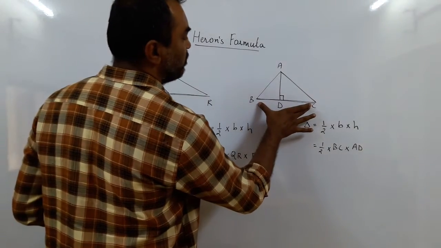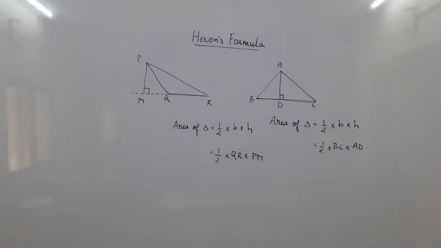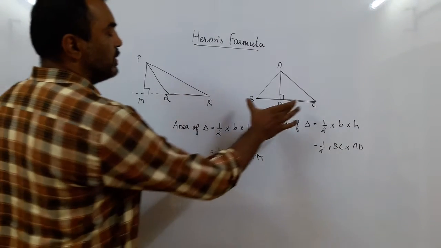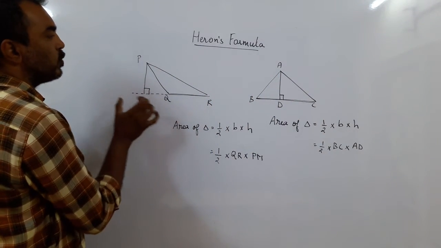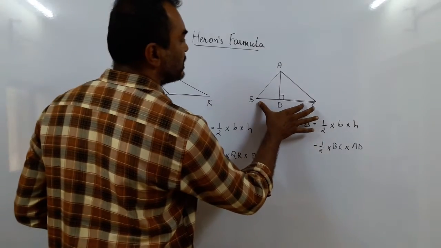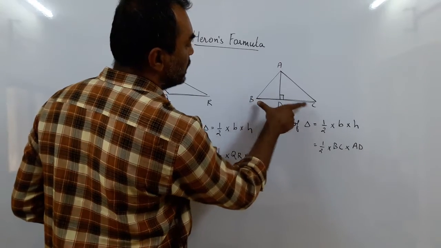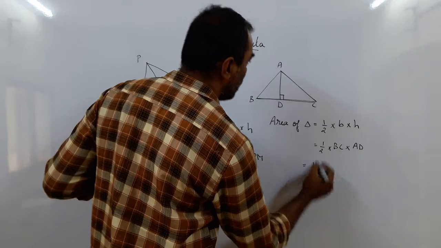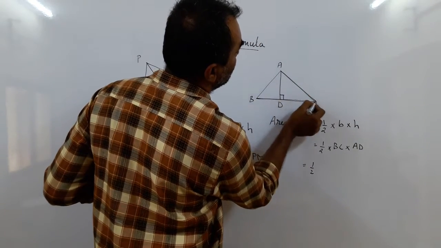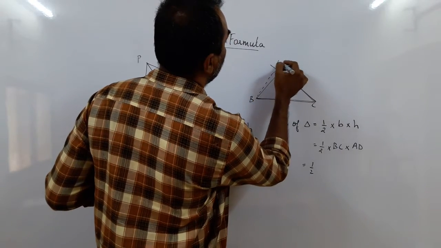So if BC is the base, then AD is the altitude. Hope I am clear to you. So this is a triangle in which the altitude is inside the base. Here the altitude falls outside the base. But what is the idea of altitude? If I take the side BC, then from the vertex A, I draw a perpendicular to BC, which gives me the altitude. Now in the same triangle, if I take the base AC, then I will get the altitude outside.